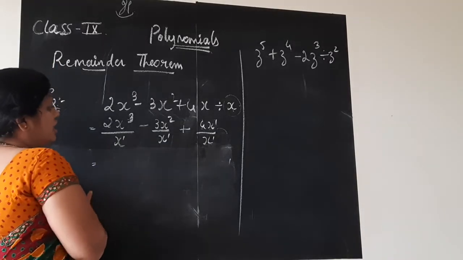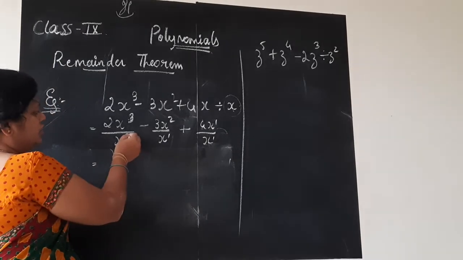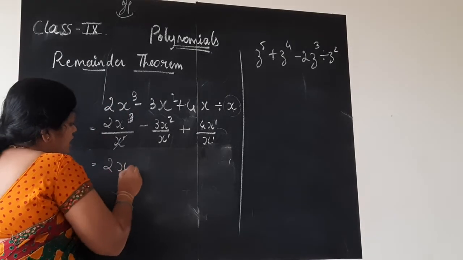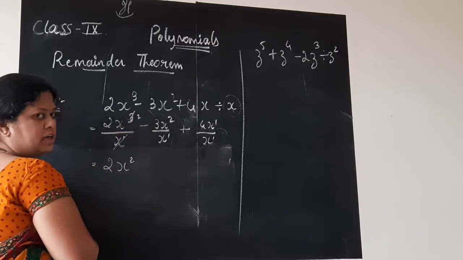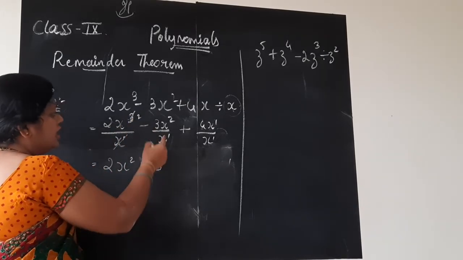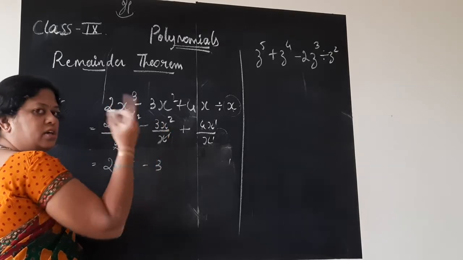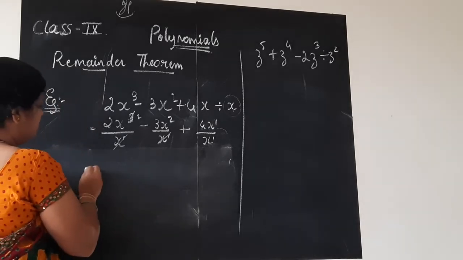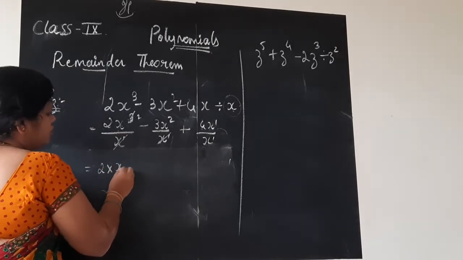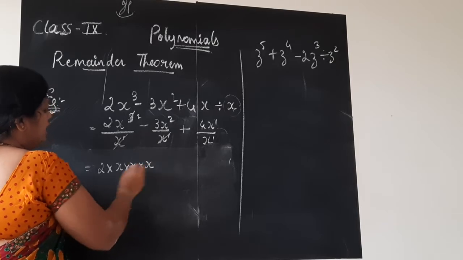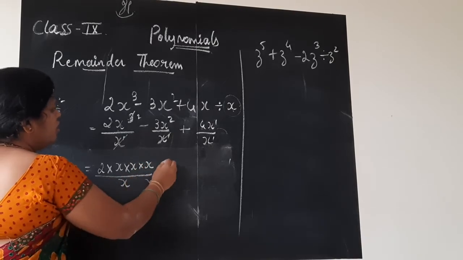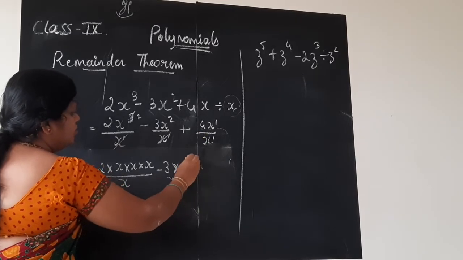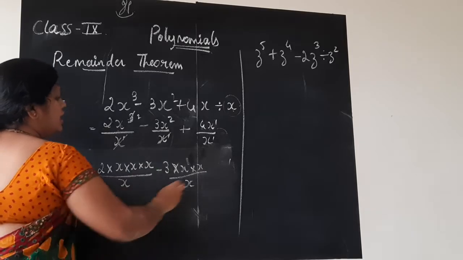So I am telling you here directly: if I do, children, see, x to the power 1, 1x gone, x cube will be 1x gone, x square left. So x square, 3 will get cancelled and becomes 2. Here minus 3, similarly, x power 1x gone, x square, 2x is there, right? Or children, initially if it is confusing, 2 into x cube, x cube means x is written how many times? 3 times, divided by x. Minus 3 into x square, x into x, x written 2 times is x square, divided by x plus